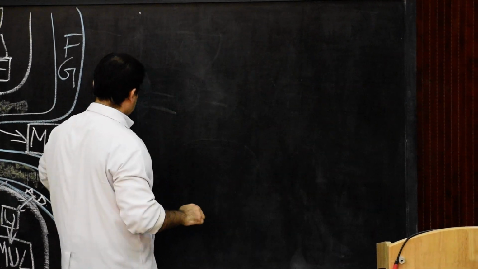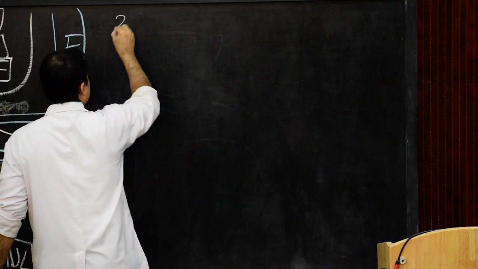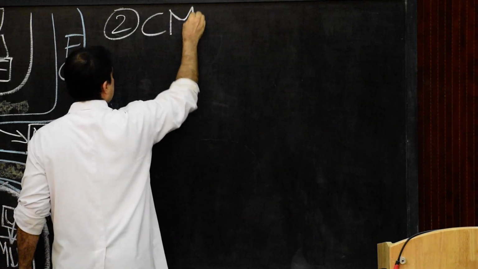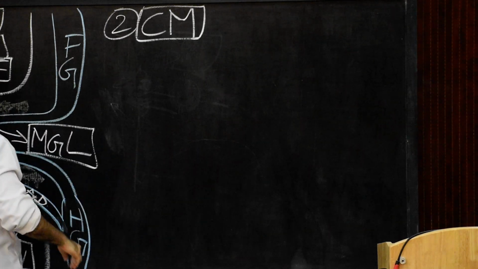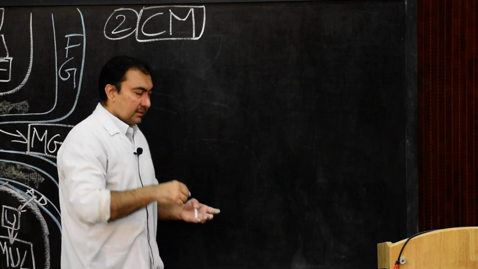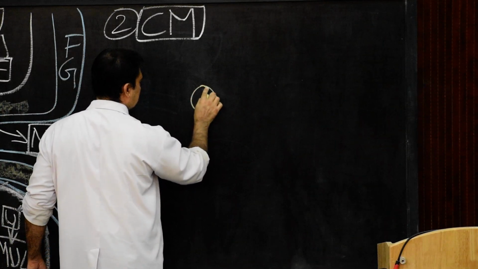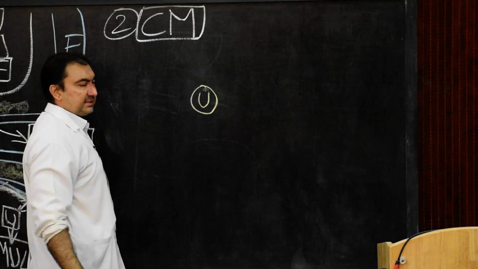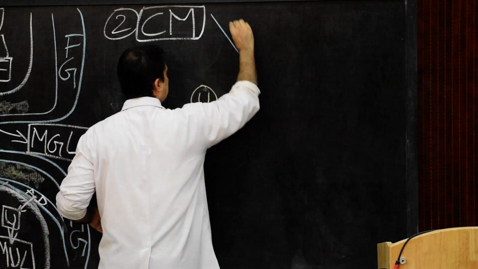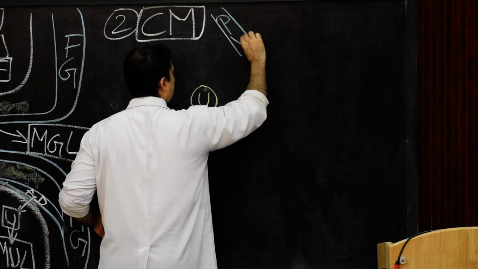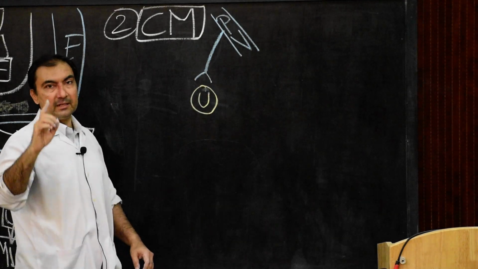So in the second point, we write down caput medusae. Caput medusae. This is a frequently asked 1 mark question. What is caput medusae? Now here, if you draw the umbilicus, if this is the umbilicus, there is a branch of the portal vein coming from above. Supposing I draw this as the portal vein, a branch of the portal vein, and this branch of the portal vein is called the para-umbilical vein.